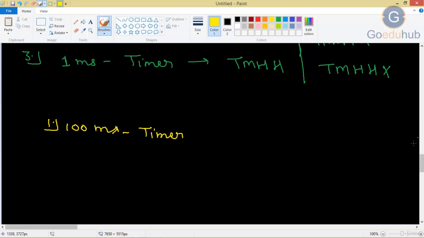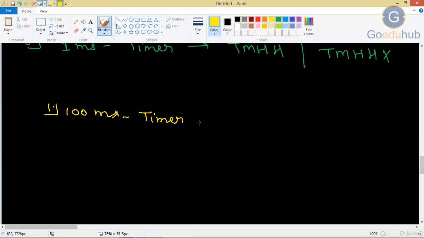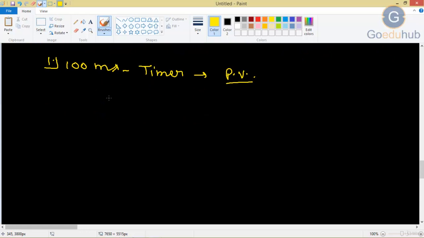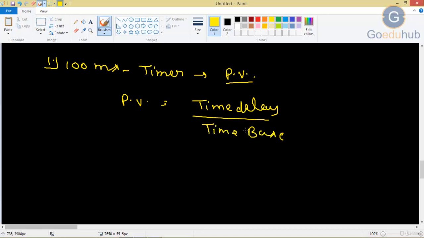Now first we will see how to provide the preset value in this timer. As I already told you, preset value equals your actual time delay divided by your time base or time unit.